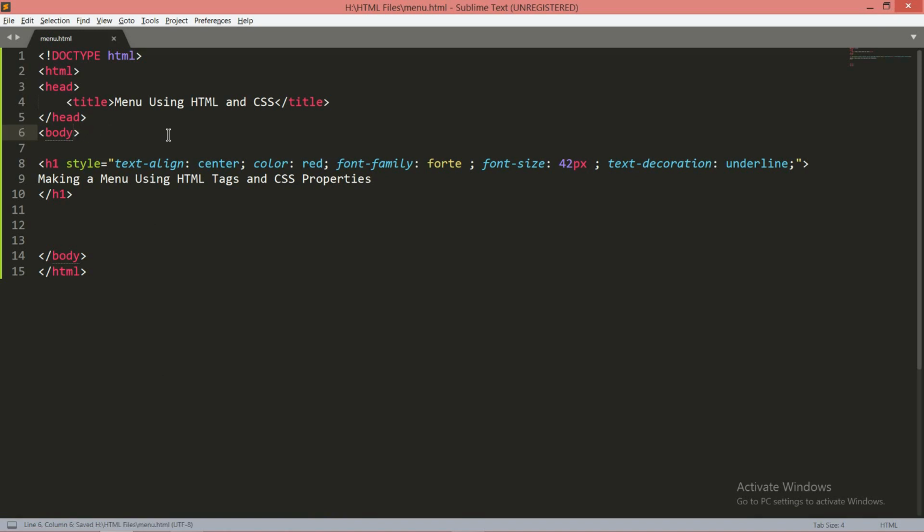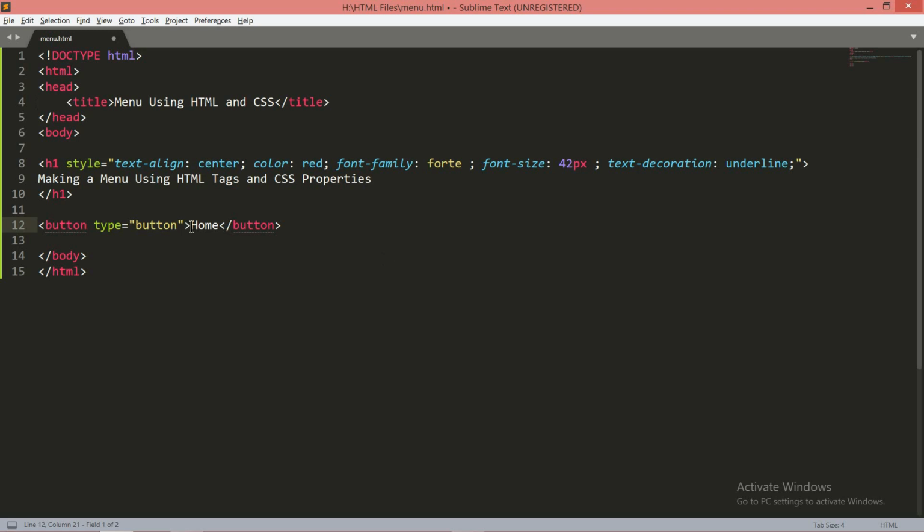Now you can see if I want to make the menu within the body tag, what you have to do, just give a button tag. Within the button tag, whatever text you want to define as a menu, just use it. Let it be, I say, home I want to place, and you know button has a property type, and what type of button you want to make, simply put it as a button.